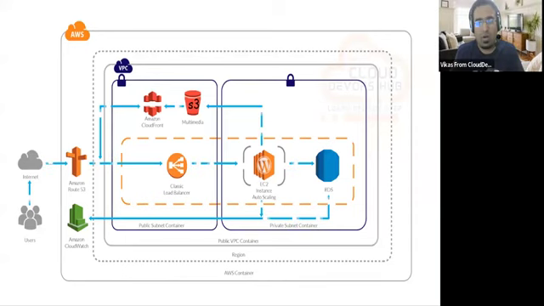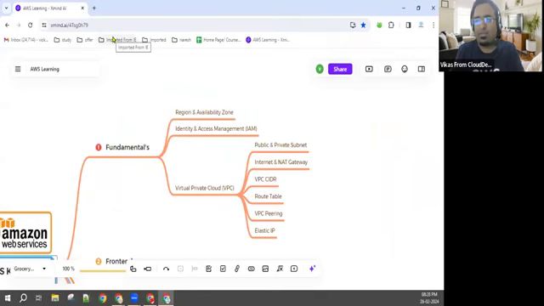Now, how to access? If there are so many things, we have to access the particular cloud. Particular cloud means a variety of cloud which is called VPC, virtual private cloud, which has been created in a private area. So we have to understand about the VPC as well. These are called basic fundamentals, and we will start that part.